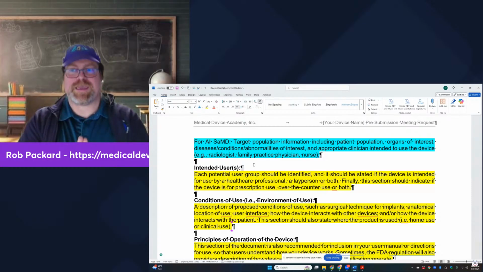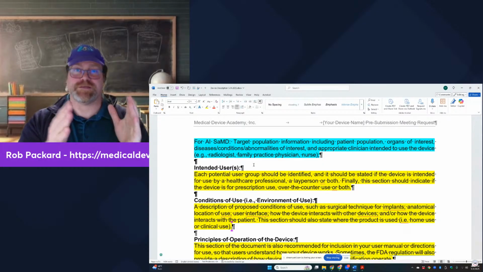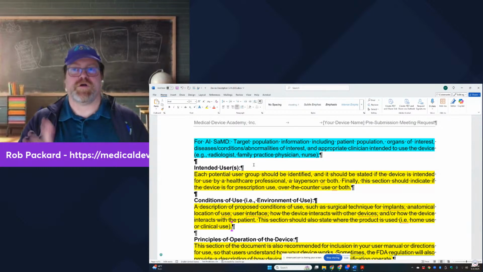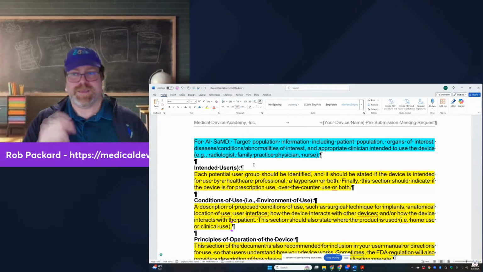If you pick a pediatric population, you do clinical studies in that population, you get a free 510K submission because it's pediatric only, or you get a free de novo because it's pediatric only. So laser focus in on an intended user or intended patient population and make things that are user friendly and